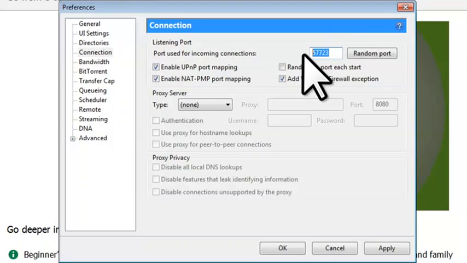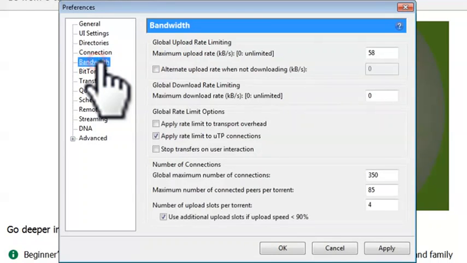For this tutorial, we're going to set it to 49,666. Click on the bandwidth preferences. Here's where our 2 numbers we saved from the speed test before are going to come in useful. The numbers we got before on the speed test were the maximum upload and download speeds that our connection is